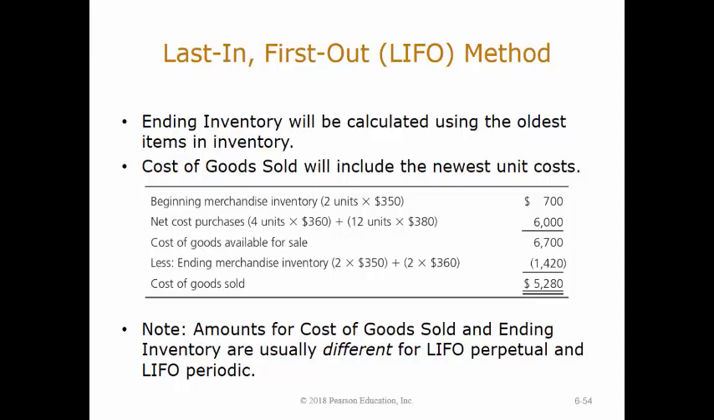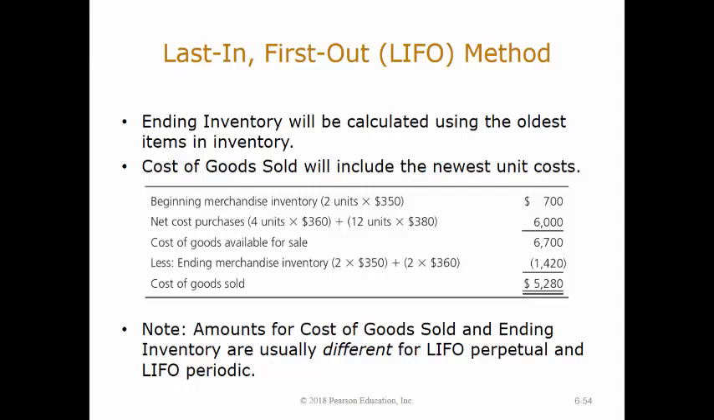With LIFO, we assume that the newest units in inventory will be sold first. We assume that the ending inventory is comprised of the oldest units in inventory. In our example, the beginning inventory of 2 units at $350 plus the net purchases for the period, $6,000, will give us $6,700 of inventory available for sale during the month. We know that we have 4 units left in ending inventory, and those units will represent the 4 oldest units. The 4 oldest units will be comprised of the 2 units from beginning inventory, 2 times $350 or $700, plus 2 of the units from the August 5th purchase, 2 units times $360 or $720, giving us an ending inventory of